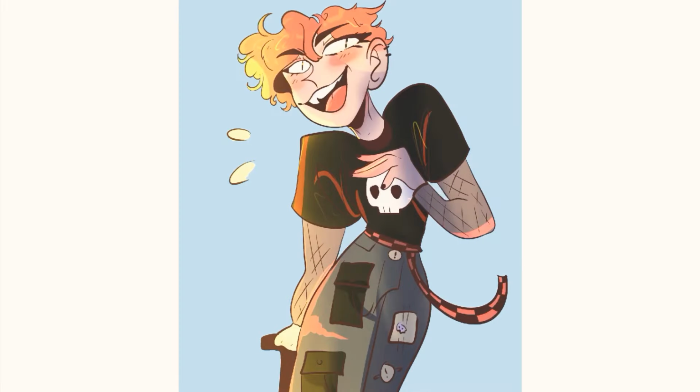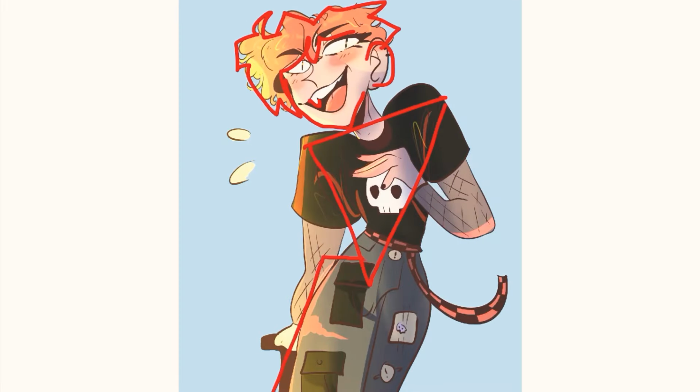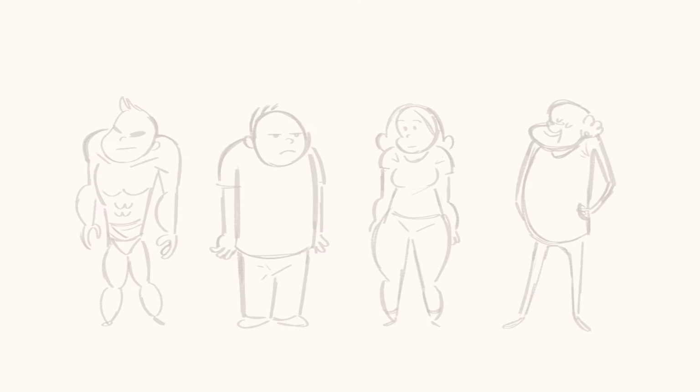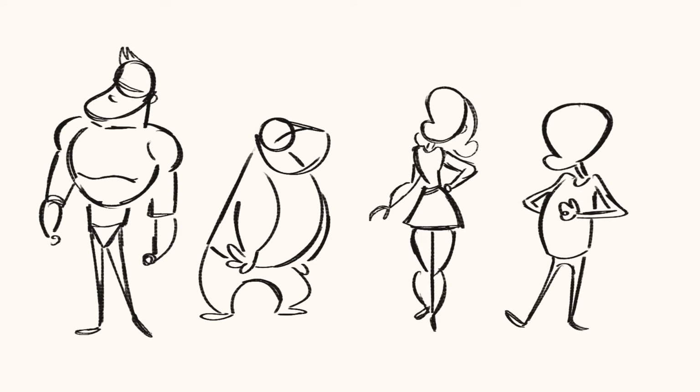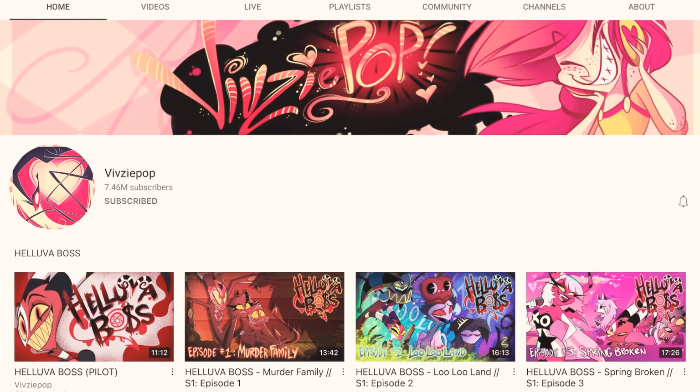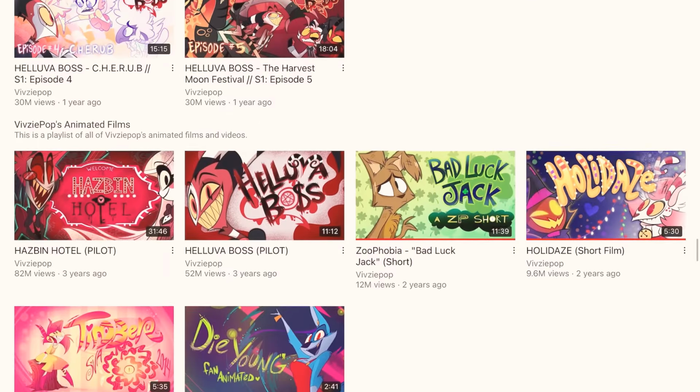I just analyzed this old drawing of mine, and after importing it, you can see the shape language. I'm outlining the whole thing in red, and you can see the sharp angular shapes because this character is supposed to be menacing. Looking at this drawing, it's a very round and friendly kind of feeling, and so if we compare the shape language, you can really tell how it affects how a character is perceived, and depending on how far you push that, it can create a completely different art style.